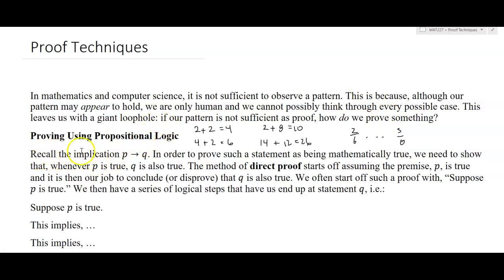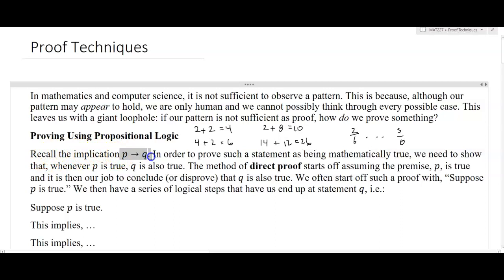Now in mathematics, a lot of statements are stated as implications. So there's some sort of condition: if the following conditions hold, then this result will happen. So in order to prove such a statement as being mathematically true, well, what does P implies Q mean? It means that whenever P happens, Q should also be true. So it suffices, in other words, for P to be true to guarantee that Q is true. And that is the only circumstance under which an if-then statement is true.